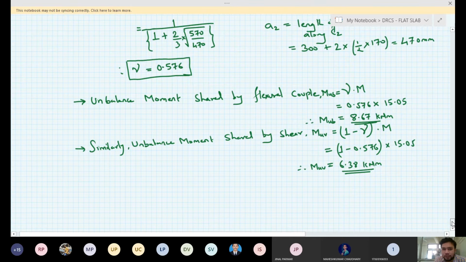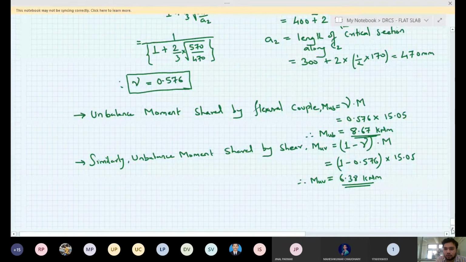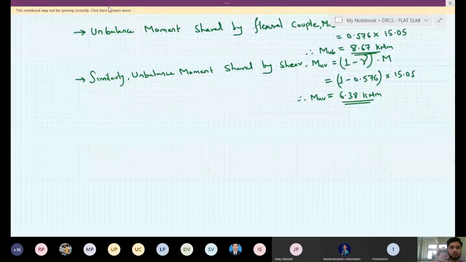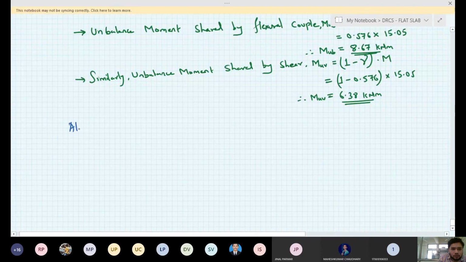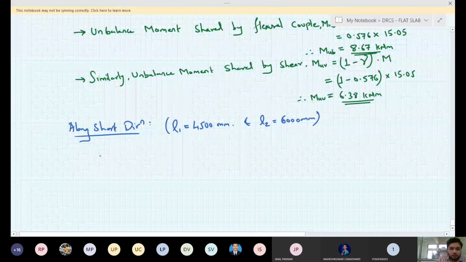Now same way, this was along the long direction. We'll do it for the short direction also. So along the short direction, here your L1 will be 4500 and L2 will be 6000 mm. Okay, so unbalanced moment